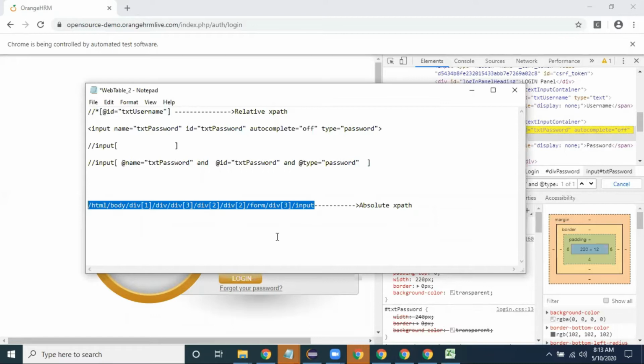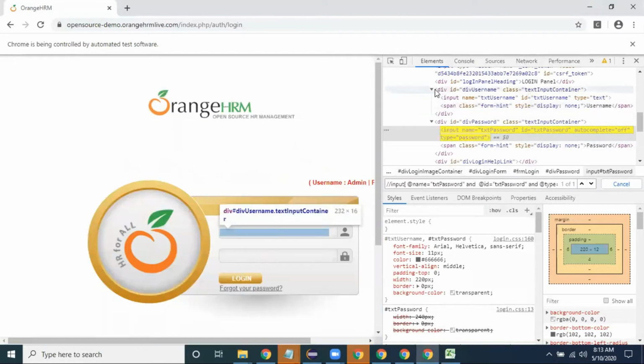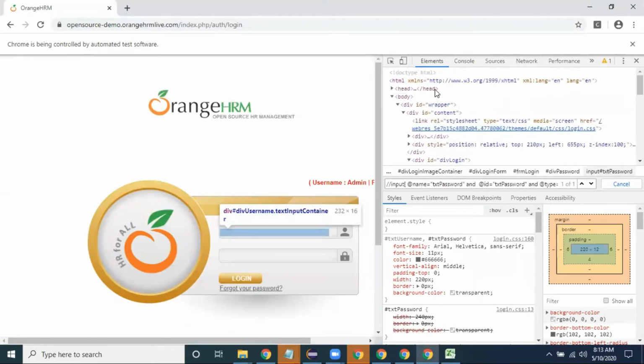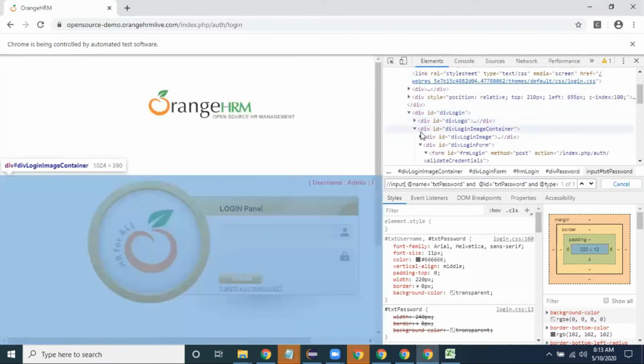Now the question is why we are not using absolute XPath, and why people use only relative XPath in real time. That is the question we need to discuss. Suppose I have written logic in this HTML page, and at some point the developer removes that code.